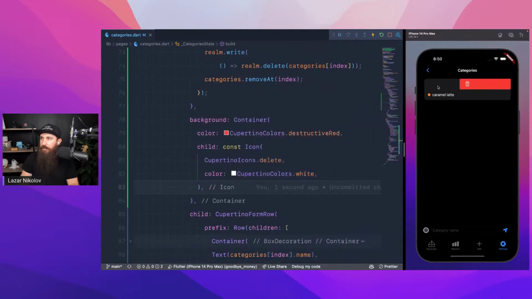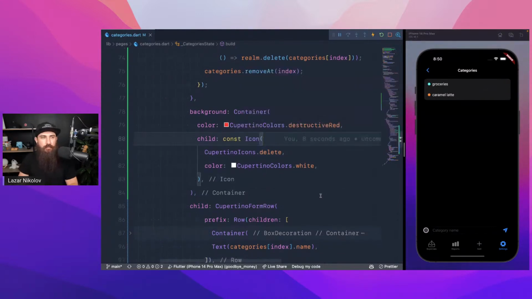Okay, but it's right there in the middle. I don't want it to be in the middle. I want it to be